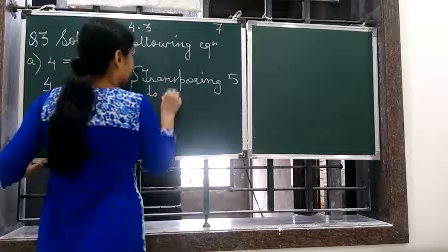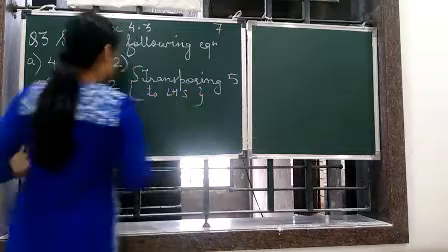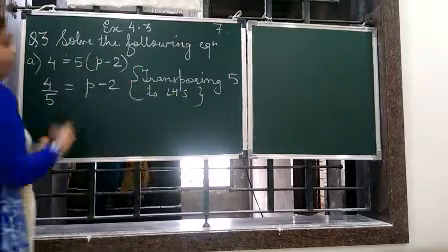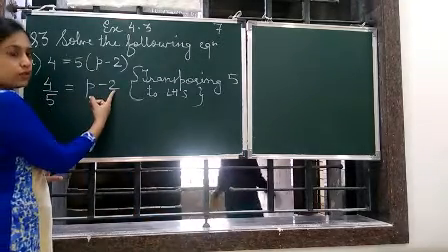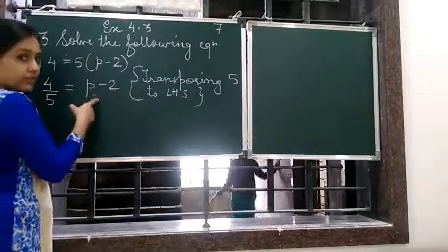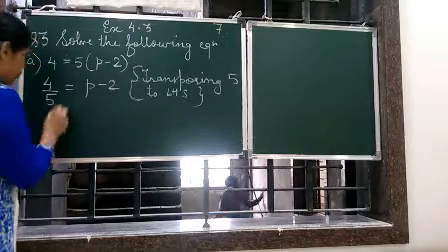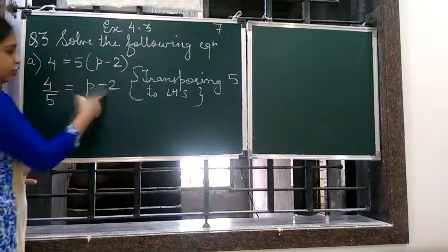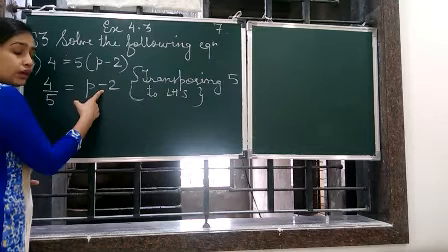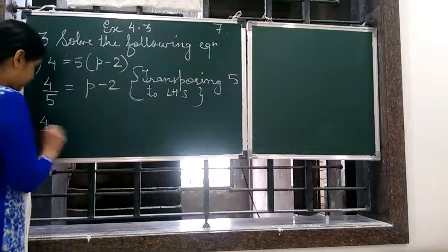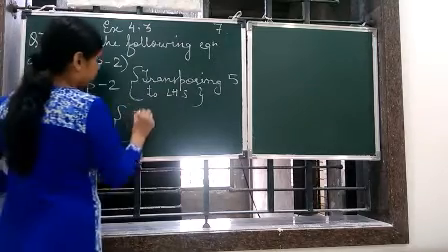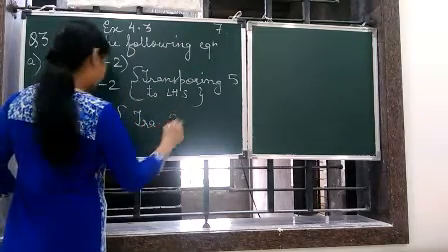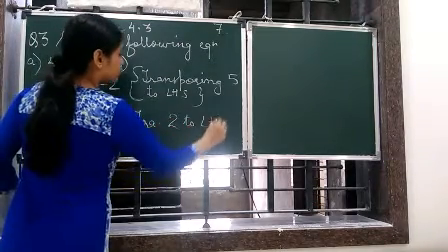5 to LHS. We are sending it to LHS. So now, if we cannot cancel anything, now if we transpose this to this side, we will get the value of P. So what to write now? Transposing this 2 to the LHS. Now this 2 is what? Negative. So it will become positive. 4 by 5 plus 2 is equal to P. So what we write here? Transposing 2 to LHS once again.